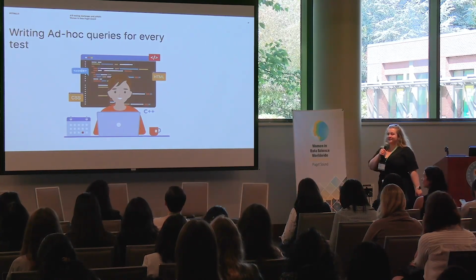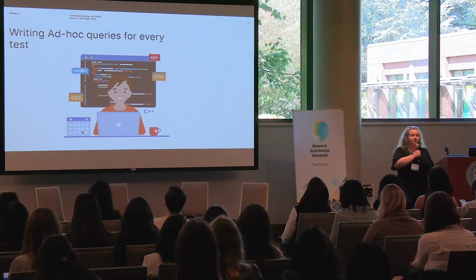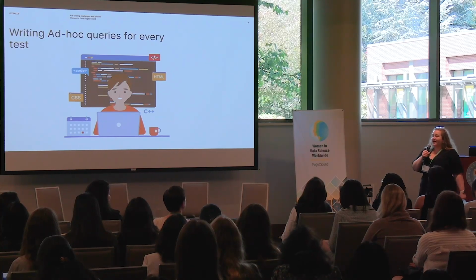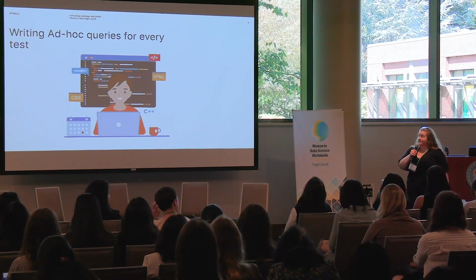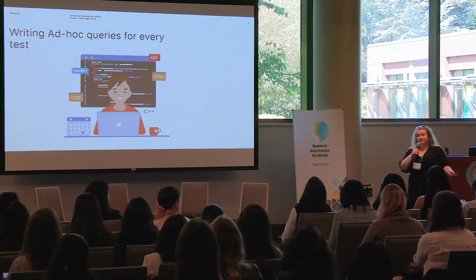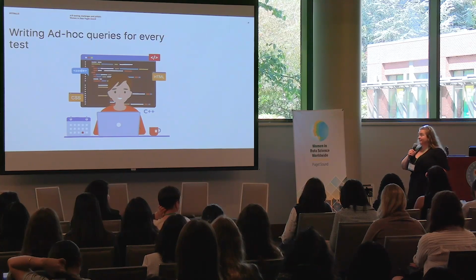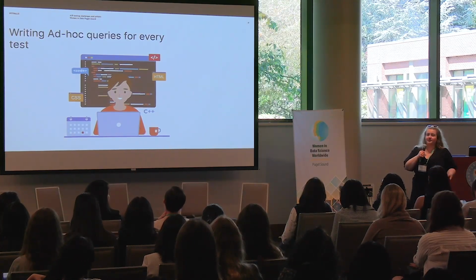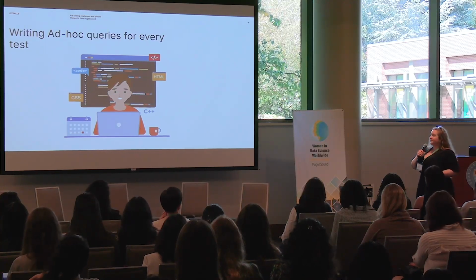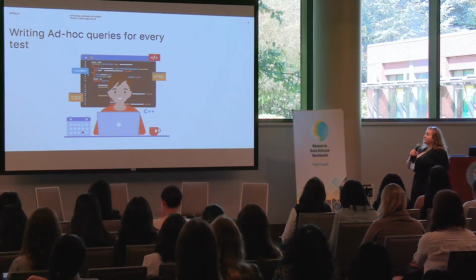This is one that my team was doing up until very recently: writing ad hoc queries for every test. We run up to a couple of tests per month. It can really depend. But each of them can be really laborious because we would write queries and pull the metrics that a lot of the time were the same, and we would still manually compute that. This is not great. You are spending a bunch of time writing your ad hoc queries instead of doing the analysis. So reusable components are the way to go here.